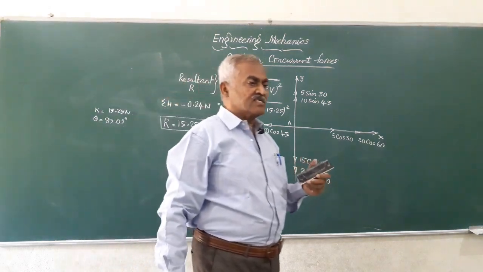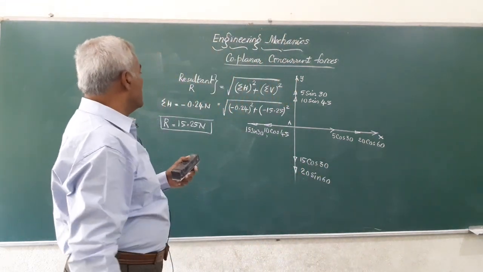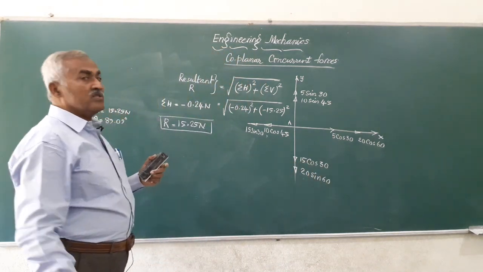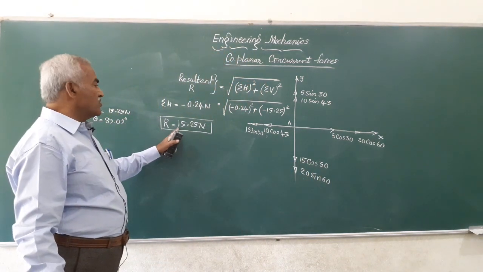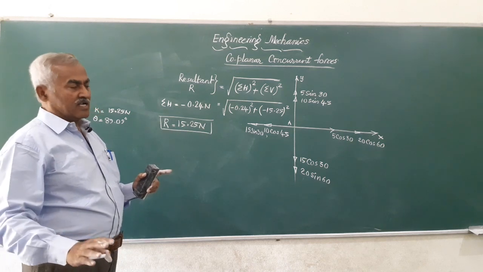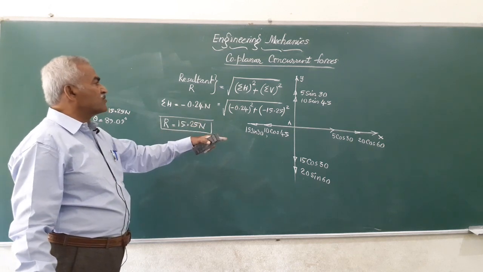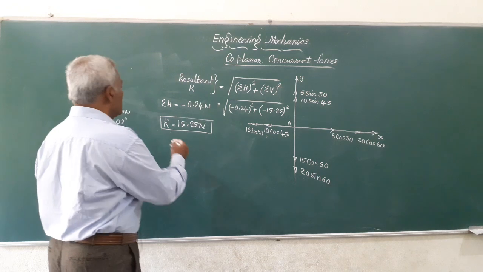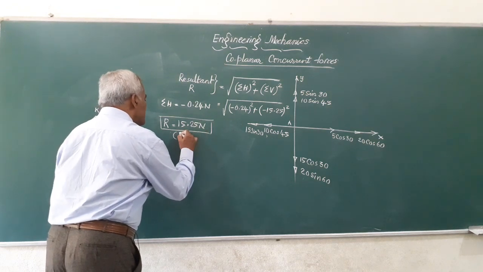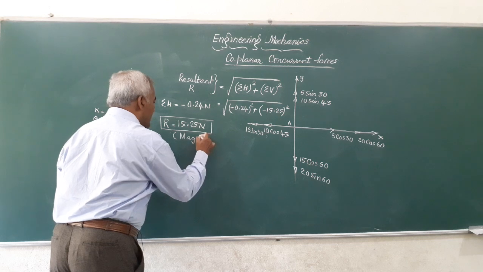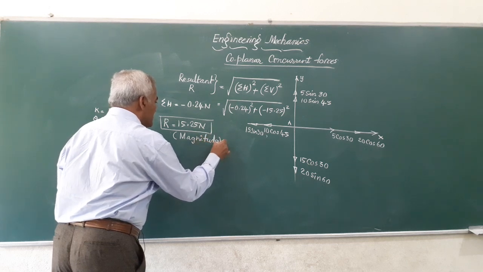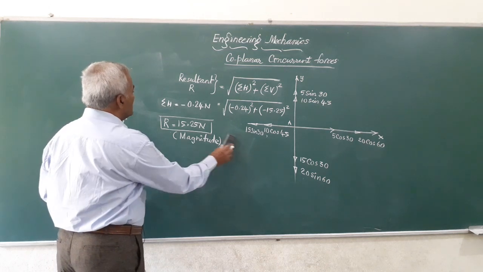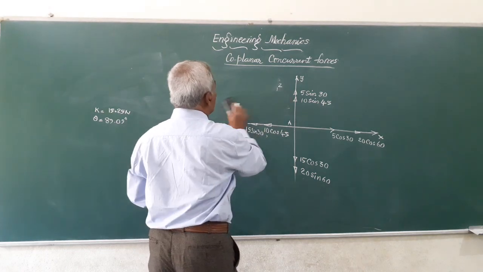So, what is the meaning of the resultant 15.25 Newton? That means we had four forces and the effect of all these four forces is equal to the effect of this single force R. That is, the effect produced by all the forces put together is equal to that produced by R. So, this R is the value of the resultant force and this is the magnitude. Magnitude is the numerical value, what value it will have. Finally, friends, we have to find out the direction, how this resultant force acts.